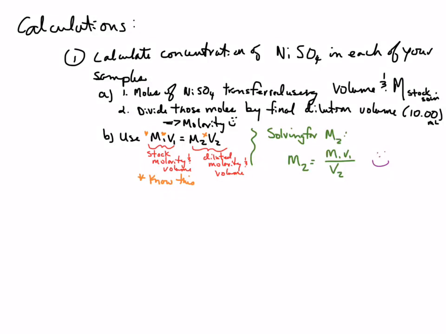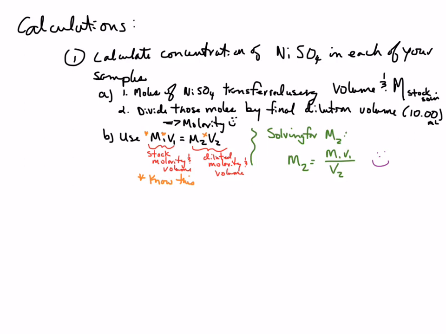Okay. So in this case, the thing we don't know, by the way, this M1V1 is equal to M2V2 is really helpful if you need to make up a dilution too. In this case, we make up a dilution, we want to know the molarity. We solve for M2, which is the molar concentration of the diluted sample, and that's equal to M1V1 divided by